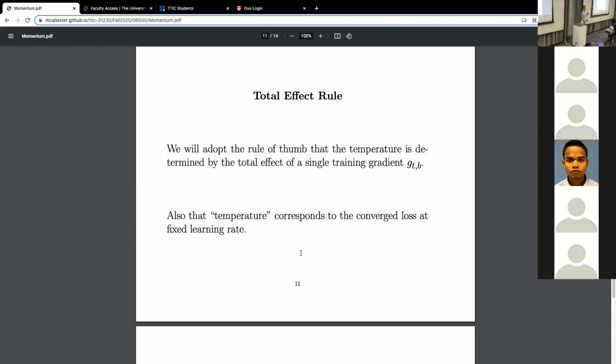Okay, that one, like the sum impact that data point has on your parameters. If I use an exponential weighted average of the gradient, that one data point is making a contribution to updates in the future, right? Because it's getting averaged into the future updates. So the question is, what's the total contribution of that data point to the parameters? And my physicist argument is that's what's going to determine temperature. What's the impact of this data point on the moving average, on the parameters over its total eventual impact over